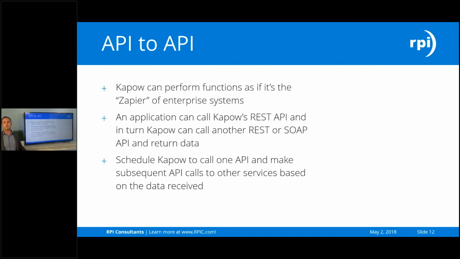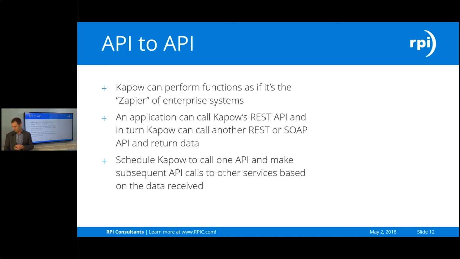So if you're familiar with Zapier, Zapier is a third-party service that can be called by one application via its REST API, perform some sort of data manipulation on it, and then we can pass that data and call another API. Well, we can do very similar with Kapow,